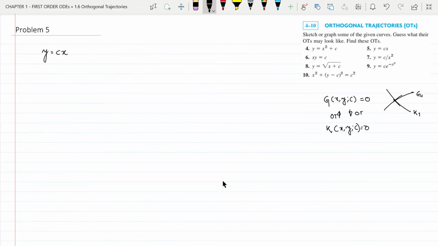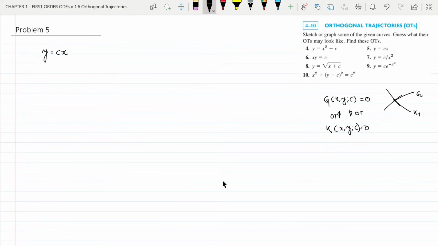So in that case, if the family of curves k is orthogonal to the family of curves g, then the reverse is also true. So during discussing the theory, we have already discussed that the straight lines are orthogonal to the circles. So that means circles are also orthogonal to straight lines. So we expect that the orthogonal trajectories of these straight lines would come out to be circles. Let us solve the problem and see what happens.